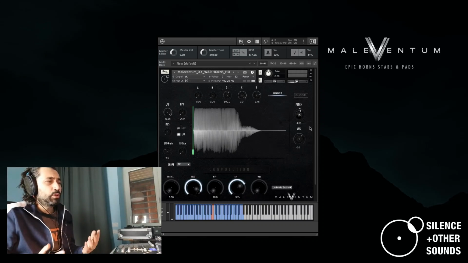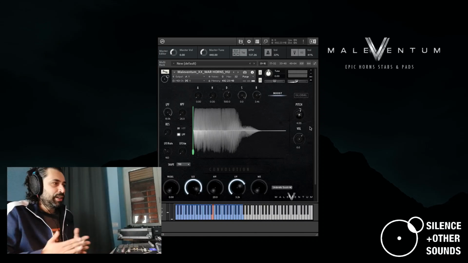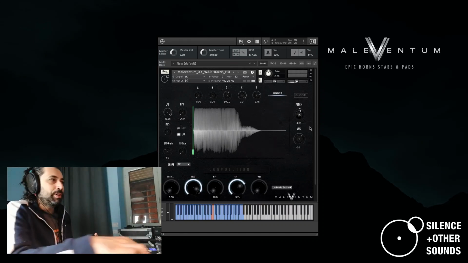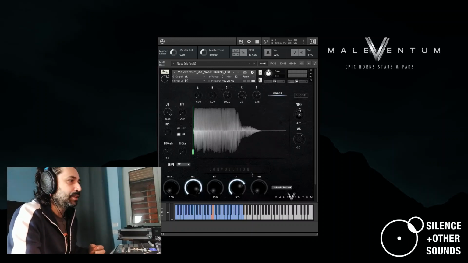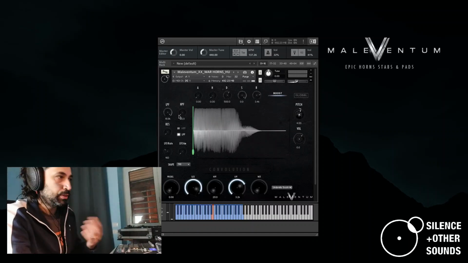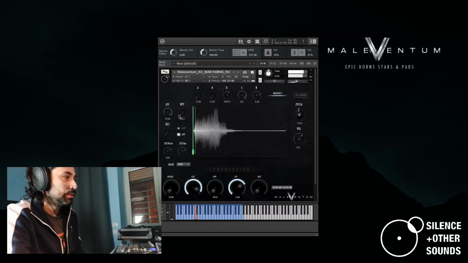It's basically almost the same one that we featured in the previous libraries, with something a little bit different. The basic concept is the same: to have a number of samples across the keyboard and give the possibility to individually manipulate the samples with the parameters that you see here on the interface, except the convolution, which works as a master effect. So volume, pitch, these buttons here, volume envelope, and filters can be set individually for each one of the samples. For example, if I play this one,